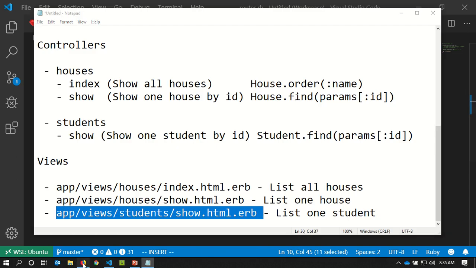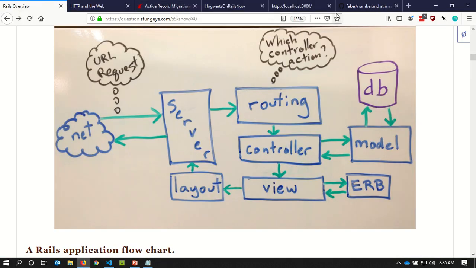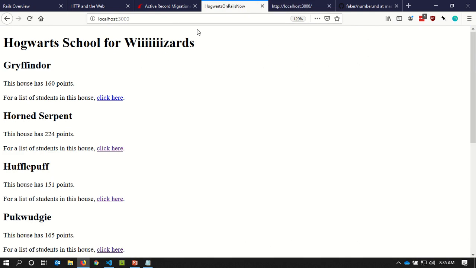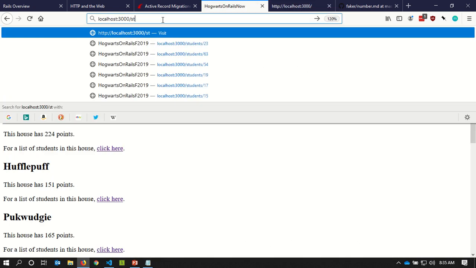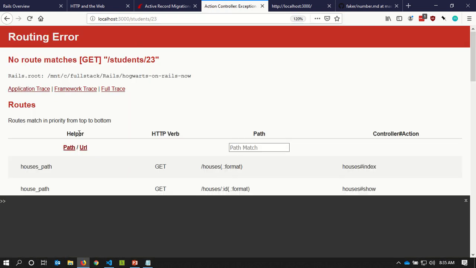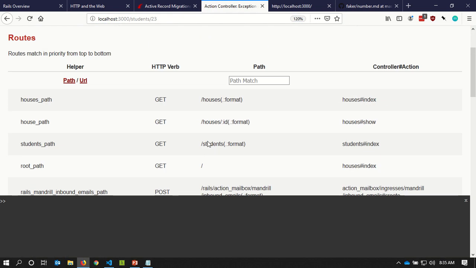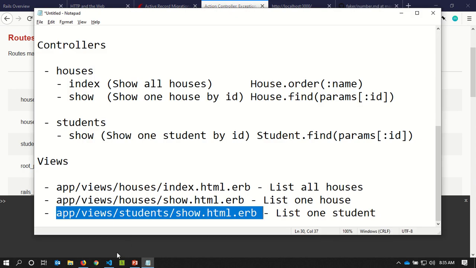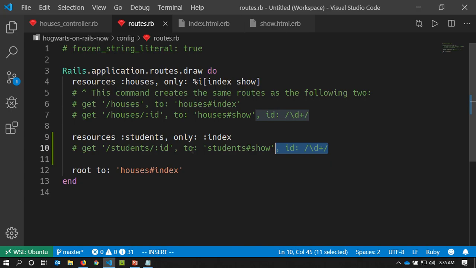So I can go and check to see if that route is enabled. It won't work, but it will at least trigger an error saying a particular controller isn't found. So student/some ID. Oh, why not? Students. Oh, yeah, it's because I implemented the wrong route. Here I said only index, but I actually want only show. And so